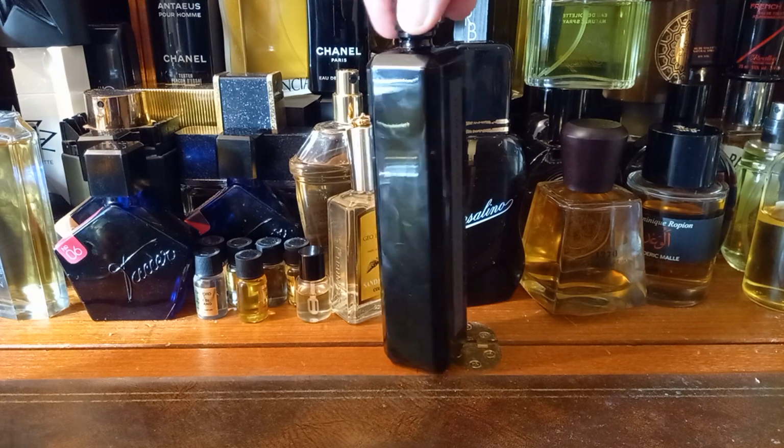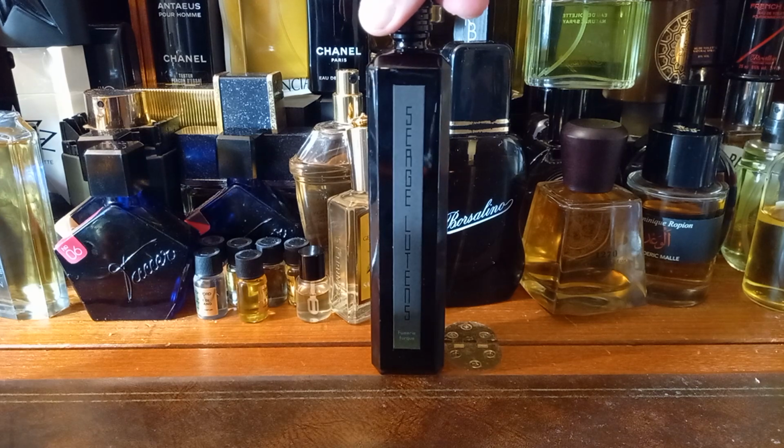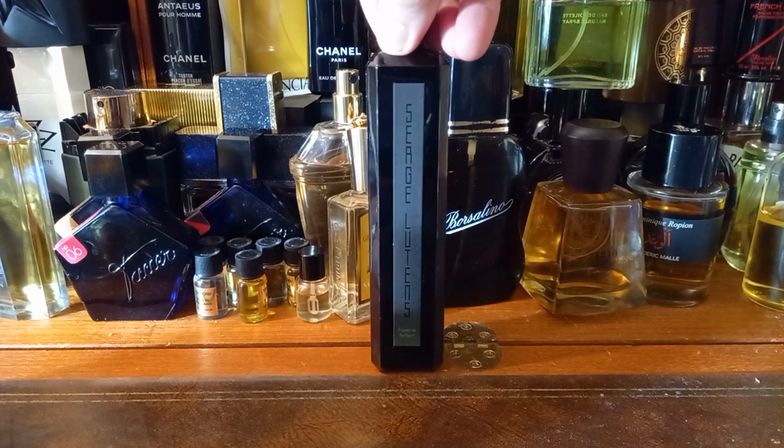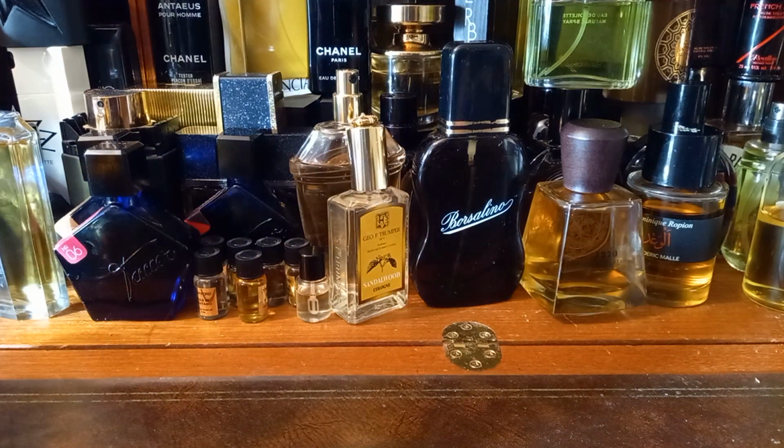And the bottles, I actually really like these bottles. They're much better than the other new bottles that Serge has brought out. The new versions of this bottle are absolutely shocking. But I really like these bottles. I've got 3 of these. So you can expect to see that soon in a Serge family portrait, which I'm hoping to do at some